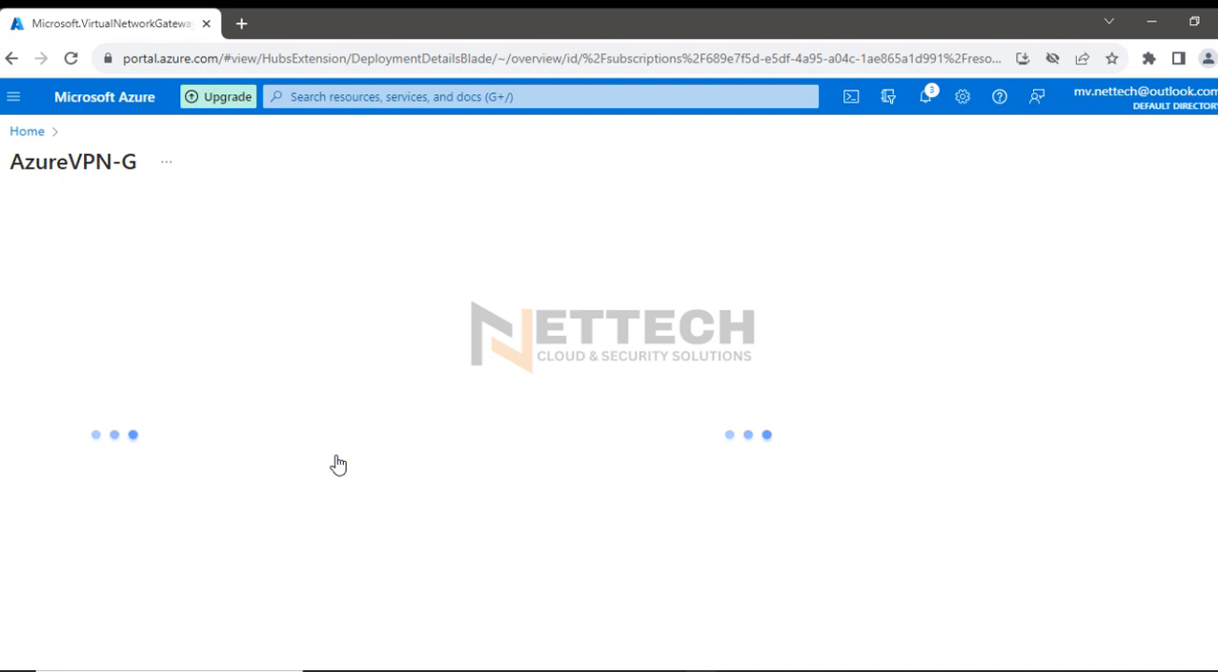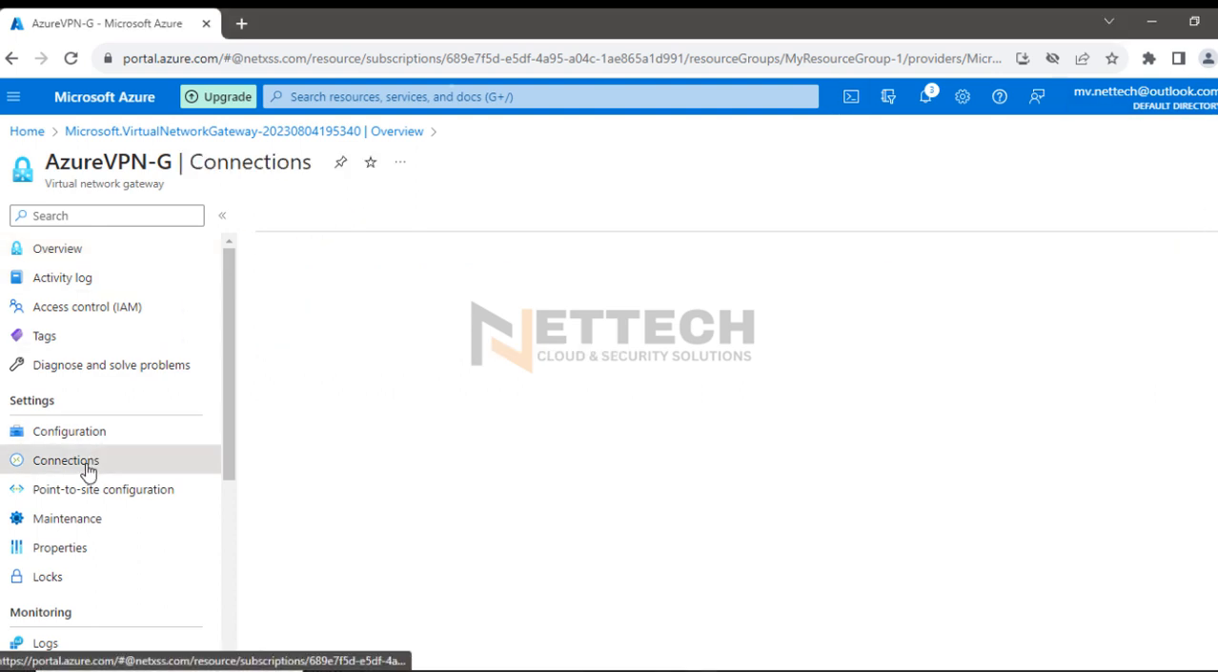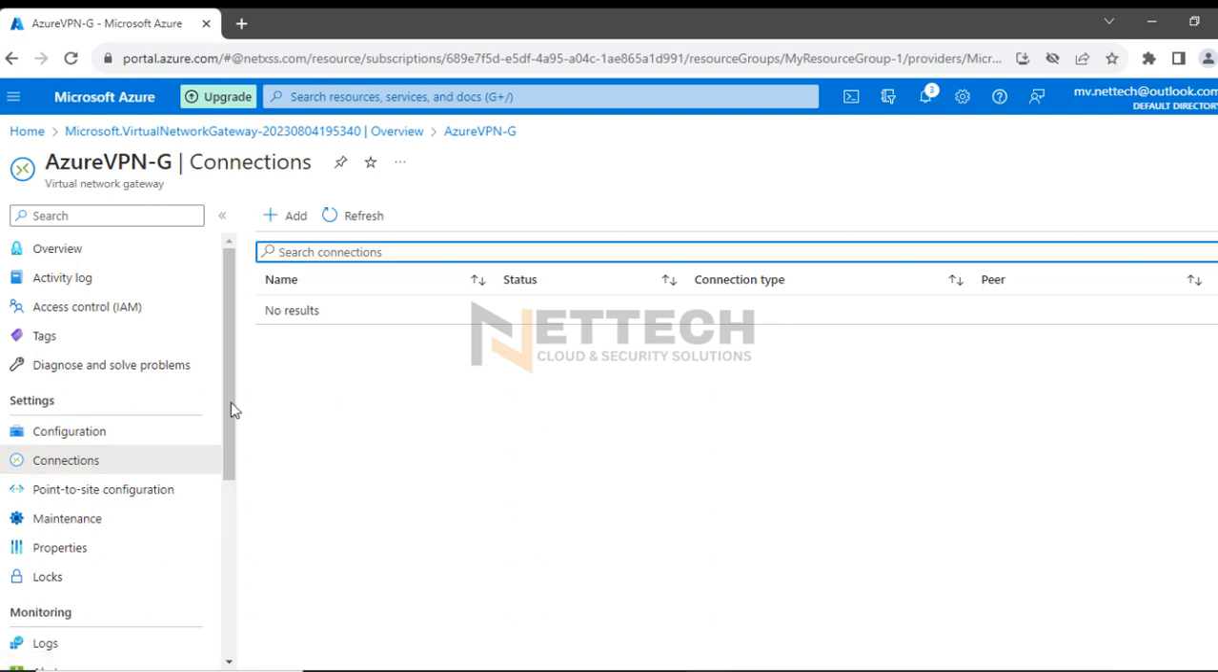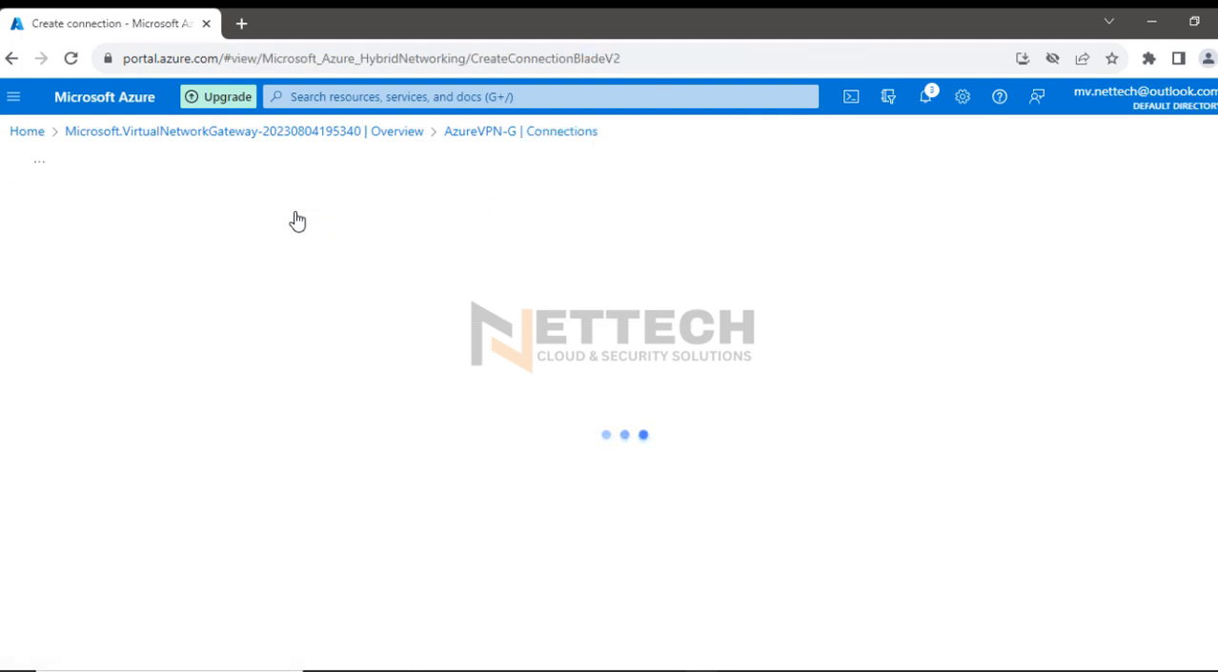Go to resources. So here we have the option to create connections under settings. So configuration, connections, point to site, and also site to site. That's what we want to configure. So both the local gateway and the virtual network gateway, both gateways are now successfully created. So if I go to this connections option, and it's connections, not configuration, right? Connections, add,